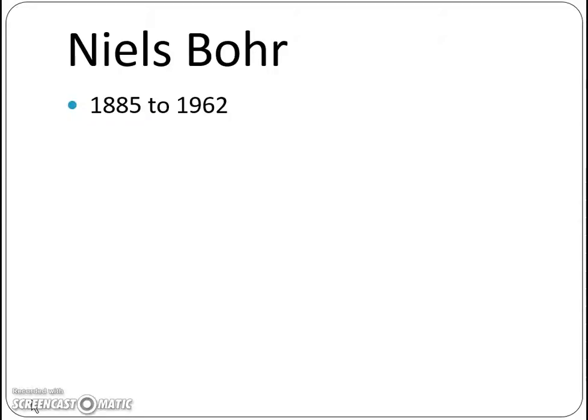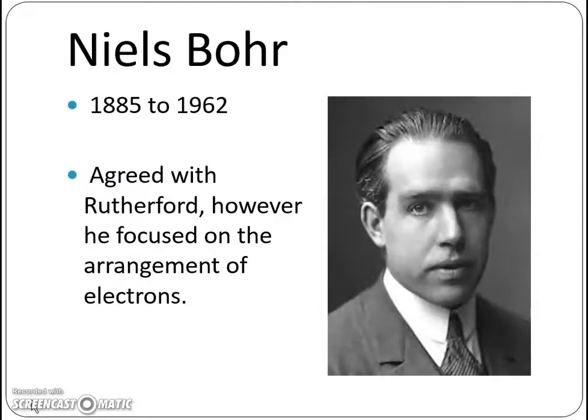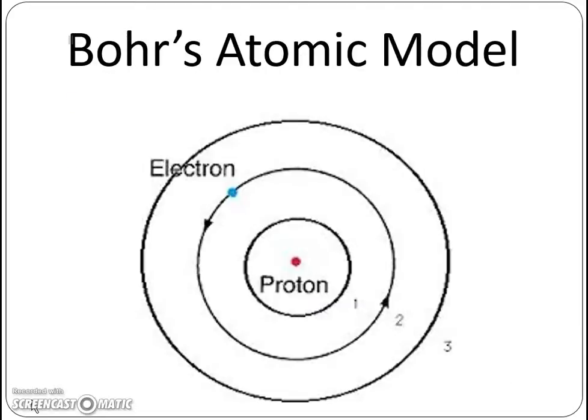He lived from 1885 to 1962, so one of the more recent scientists, and he agreed with what we talked about Rutherford had said. However, Niels Bohr now focused on the arrangement of the electrons instead of the protons. So his atomic model basically stated that you have your proton-dense nucleus, where you also have the neutrons, and then you have the electrons orbiting around that nucleus